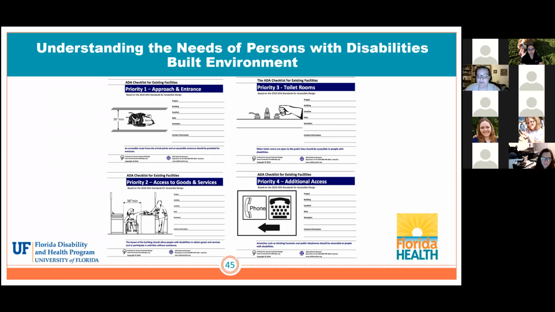Individuals who won't wait to see if a call is from a relay service rather than a telemarketer, that's another example of being inaccessible. Not informing people who are blind or low vision of information that's posted is another example. And finally, being unable or unwilling to engage with a client or patient and preferring to interact or speak with a third party is another example of being inaccessible. So accessibility really does involve more than just the built environment.